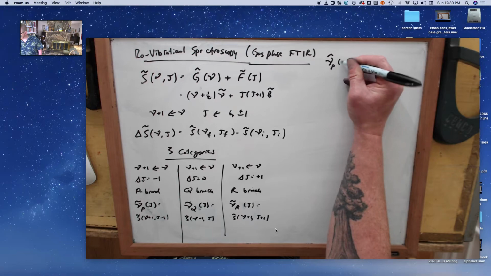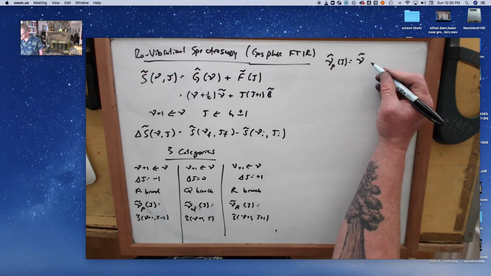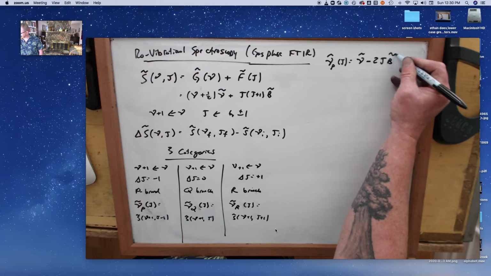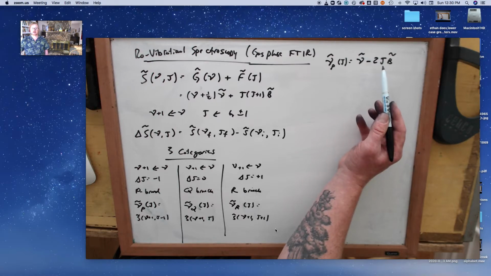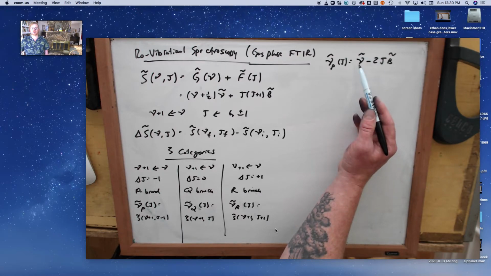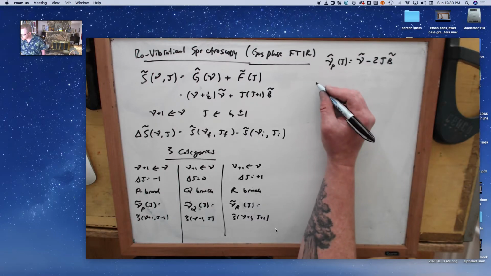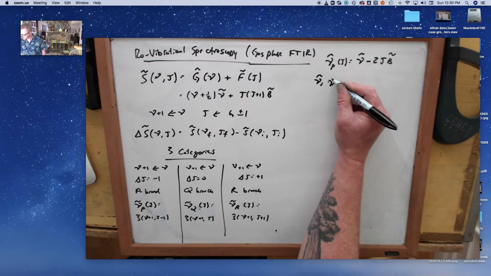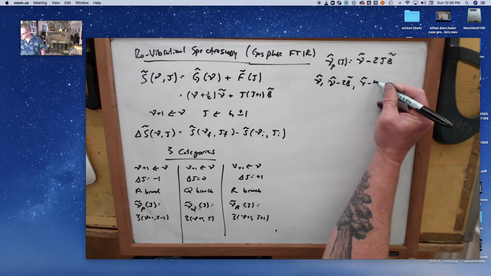So nu of p of j, the p branch, this will go as nu minus 2 times j times b. And because we have several j's populated, when j is equal to 0, it's just nu. When j is equal to 1, it's nu minus 2b. When j is equal to 2, it's nu minus 4b, etc. So we get nu, nu minus 2b, nu minus 4b,